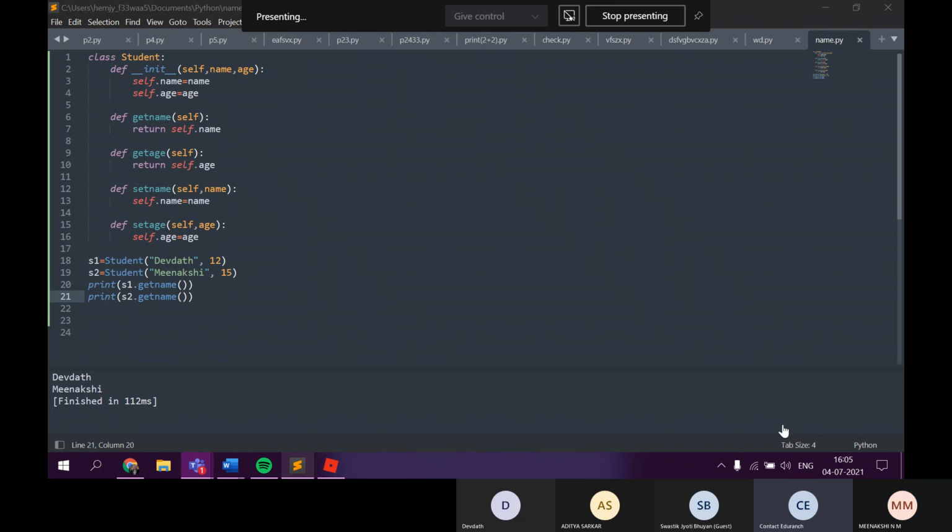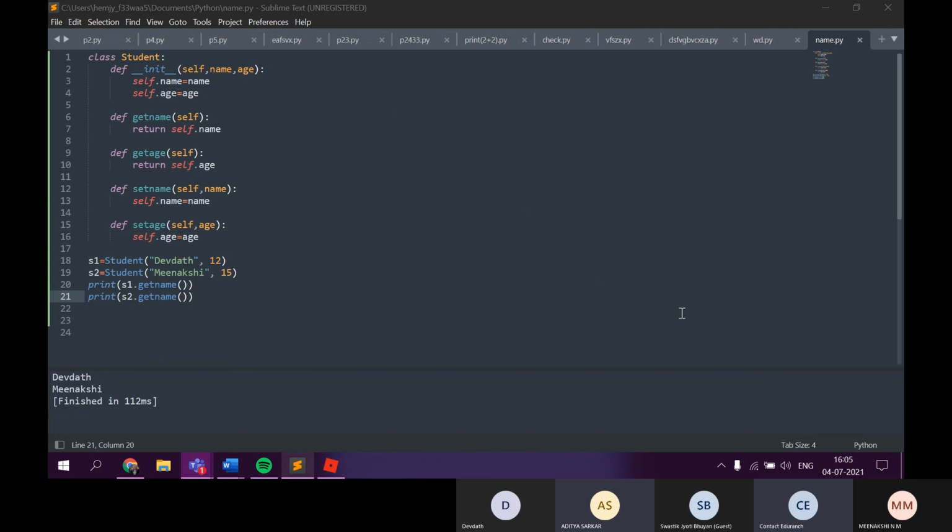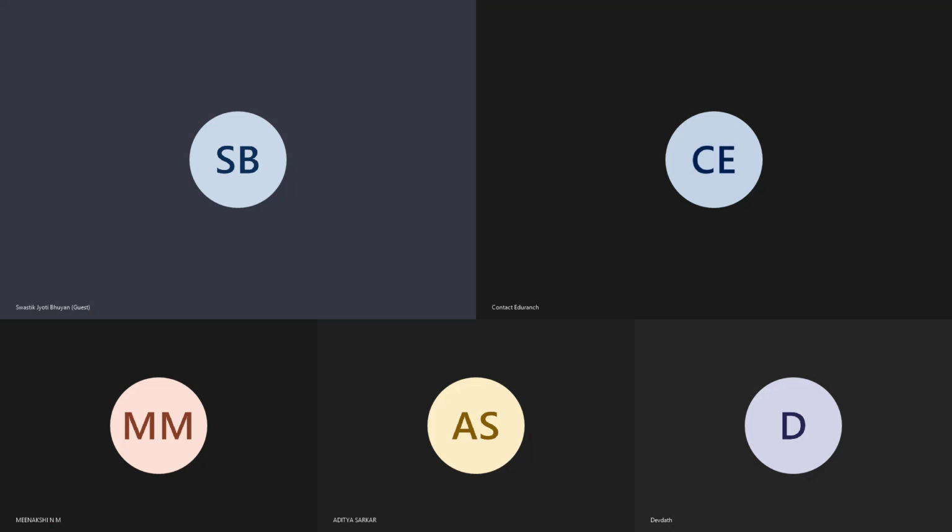Aditya, you had some question. Sir, if we print the type of student, what will we get? You just told that Student is a data type that we have created. It will just print the student. Just try, print its type and see. Now, who wants to share the screen? Swastik, I printed the type. Why is it showing error?